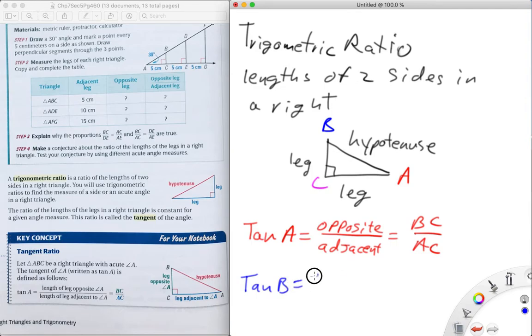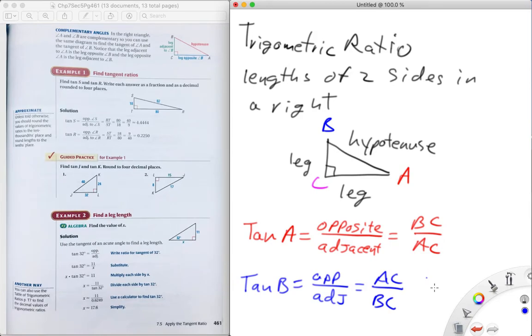And that's, like I said, opposite over adjacent. Opposite of B is AC. And tangent of B is BC. We do not use the hypotenuse in tangent. Right. So when we do an example,